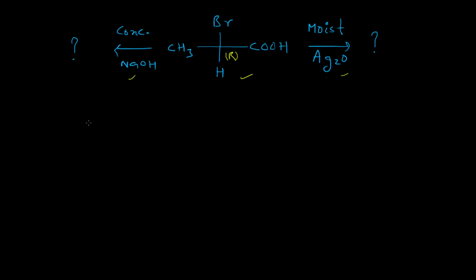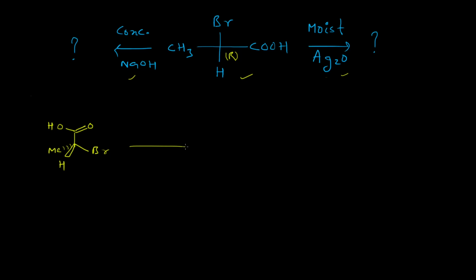If we draw the R-2-bromopropanoic acid in flying wedge projection formula, it will look like this. You can see that this bromine is number 1 priority group, this carboxylic acid is 2 and methyl is 3. So anti-clockwise direction, and hydrogen, which is the least priority group, is above the plane, and that's why it will be of R configuration. So it is a correct flying wedge projection formula of R-2-bromopropanoic acid.